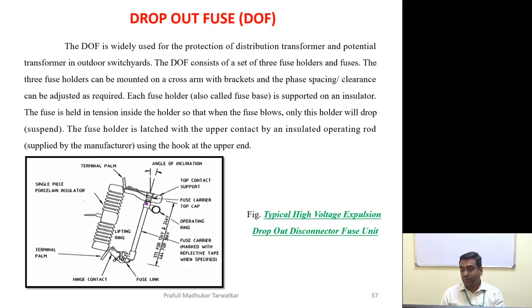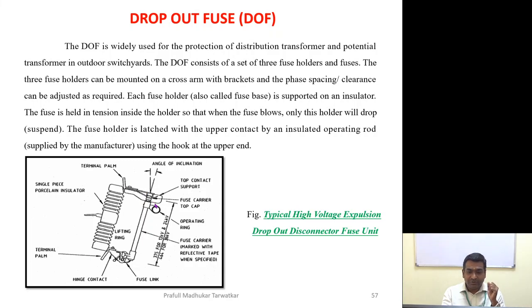Suppose you are having a pipe. Say for a moment you are having a pipe and there is a thread which is coming through the pipe. You are holding two ends of the thread and the pipe is over the thread. Say for a moment you are stretching that thread and immediately that thread broke down. What will happen? That pipe will fall down on the ground. This is the basic working principle of a DO fuse.